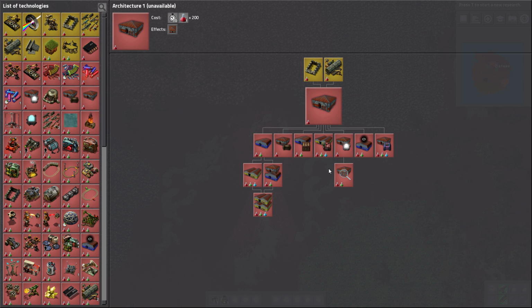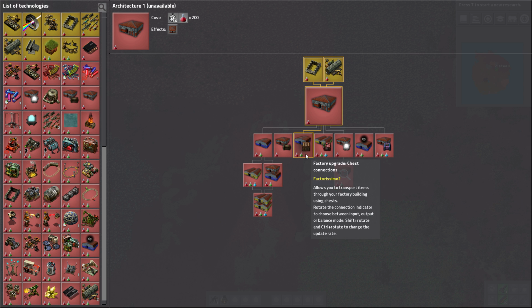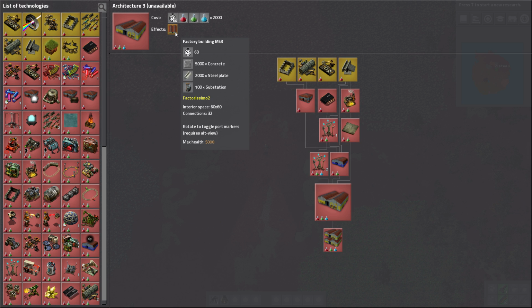Then there's all this research you can do. You can upgrade, you can allow stuff to come through with pipes or by chests. We can also get bigger factories. So this guy is 46 by 46, and then this guy is 60 by 60. But then the really cool thing,